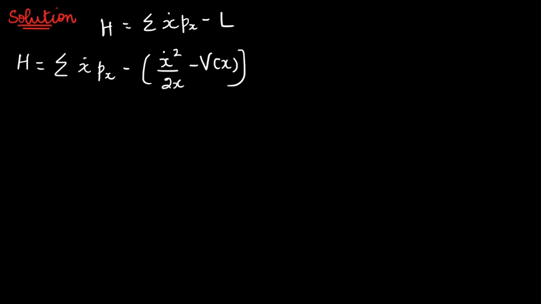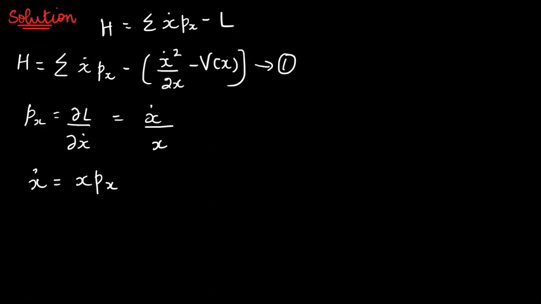So the next step will be, we have to replace this x dot term by px. So I can write px is equal to dou L by dou x dot. So I get px to be x dot by x. So I can replace this x dot by x px. Now the next step would be to replace this x dot by x px in our equation. So H will now become